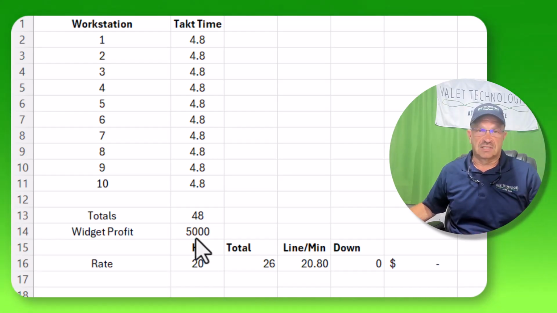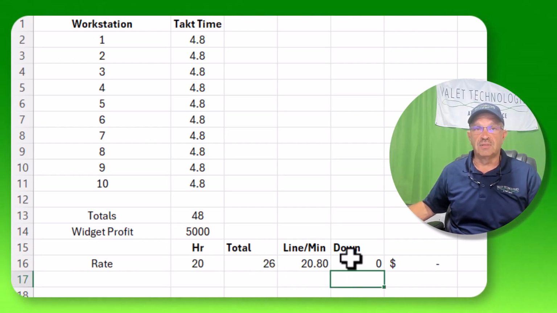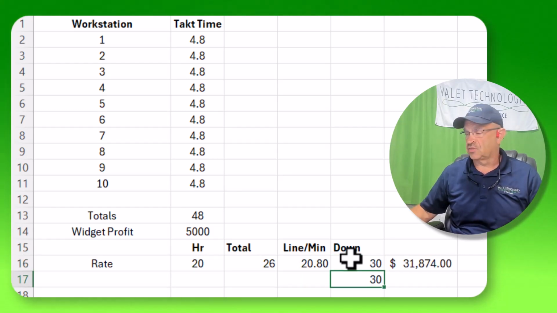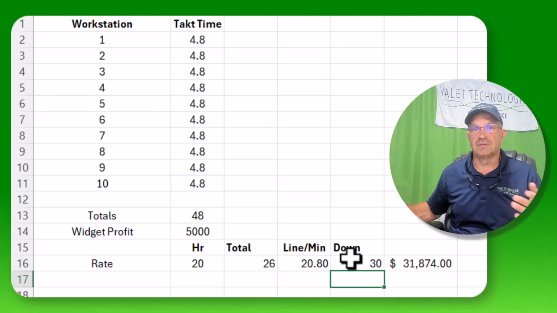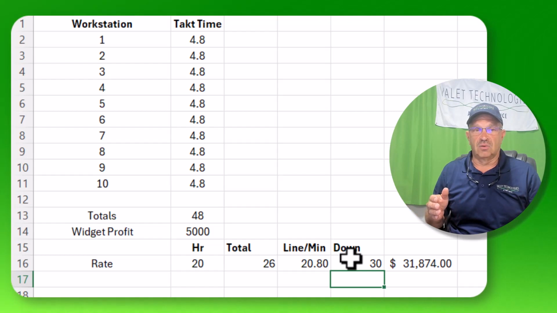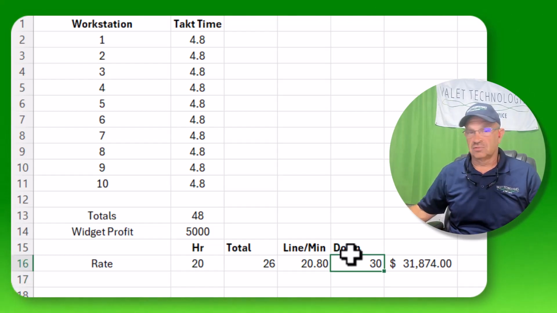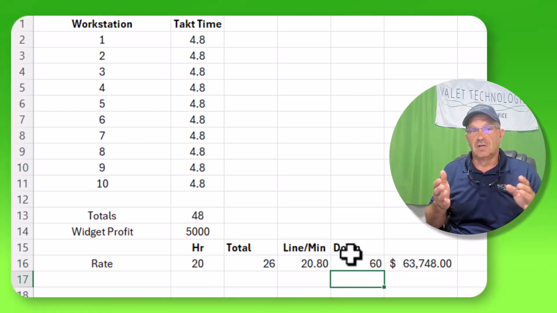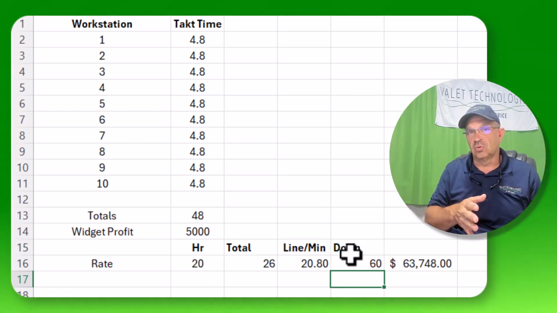And I'm just estimating profit was 5,000, probably a little bit more than that. But if you had 30 minutes of downtime, what that would translate, let's put it in the right spot. Downtime is going to be $30,000 of lost potential revenue. And if you get down to an hour, you're at $63,000